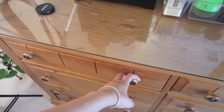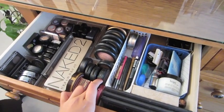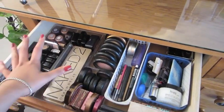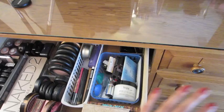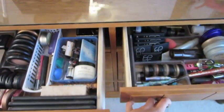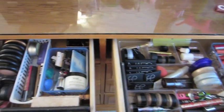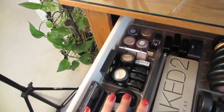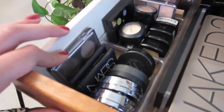Now I'm going to go ahead and get into the top drawers here, which is where I store the majority of my cosmetics, and these I always open up when I do my makeup, so I have a nice wide view of everything that I have. So I'll show you guys this drawer as well, just to see a quick overview of the stuff that I do have. This drawer over here, I have a lot of my eyeshadows and pigments,